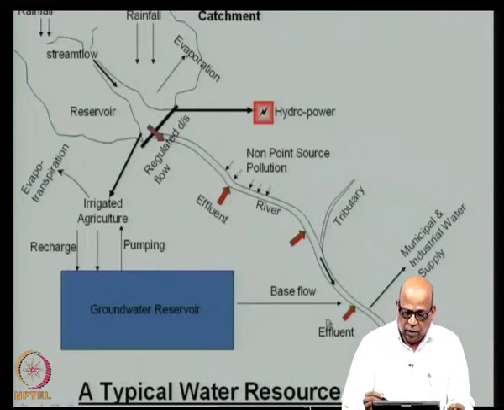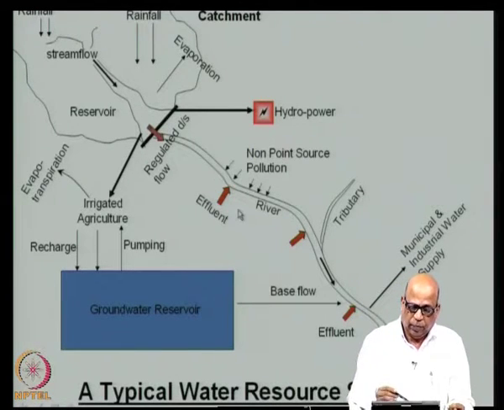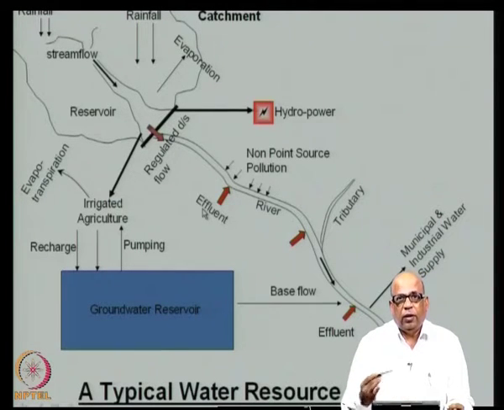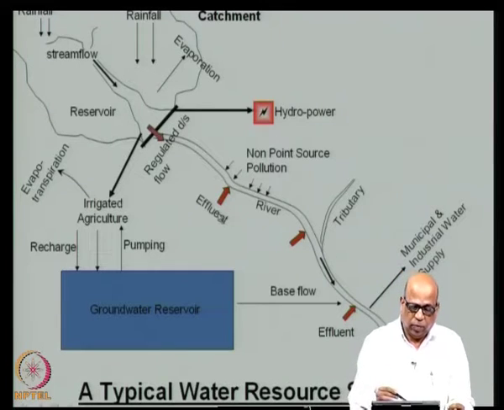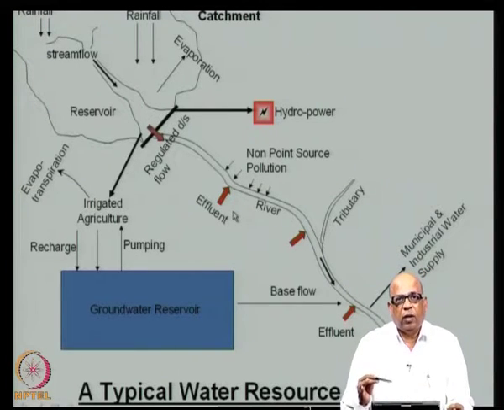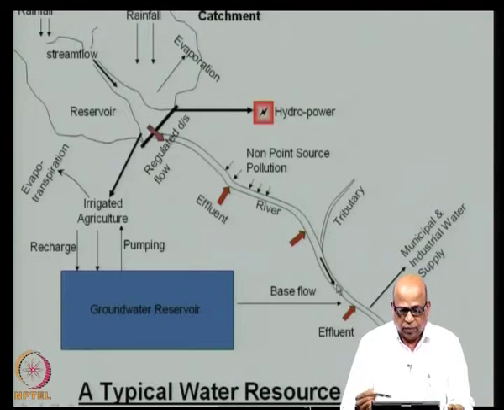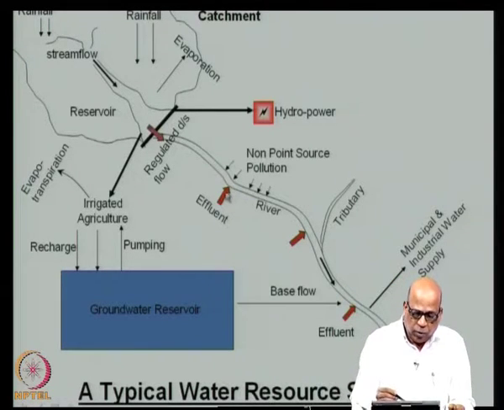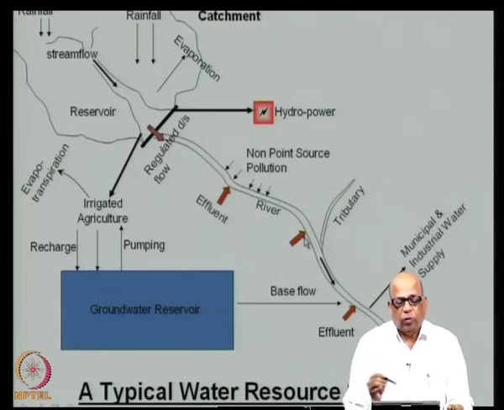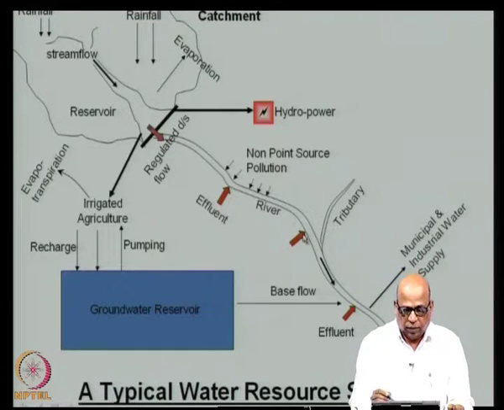Now, these can be industrial and municipal effluents. These can be treated to a certain extent or completely untreated effluents. In Indian situations, many times we get municipal and industrial effluents which are not treated to the extent that is desired, and therefore, they add to the pollution of the stream. In addition to these effluents that are shown as point sources, these are called point sources because they join the stream at one location like this.